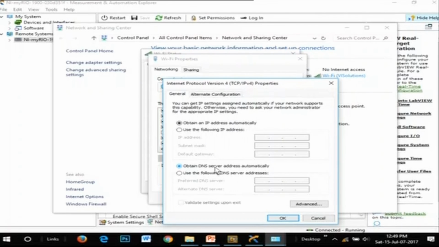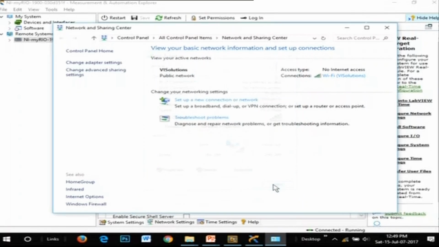It varies from 0 to 255, you know this. Let us be on the safer side and leave it as obtain IP automatically. If you really want to use the following IP, you have to type the value according to the series, and I don't know how many of you can do it without mistakes. So always say obtain IP automatically, that's better. And say okay.